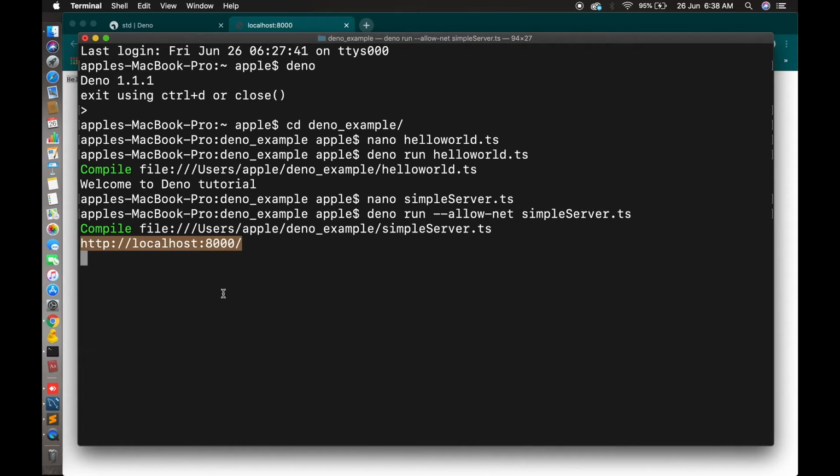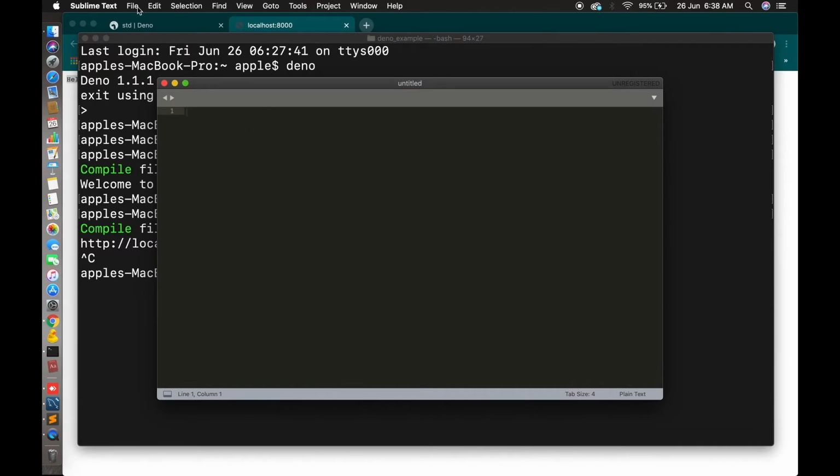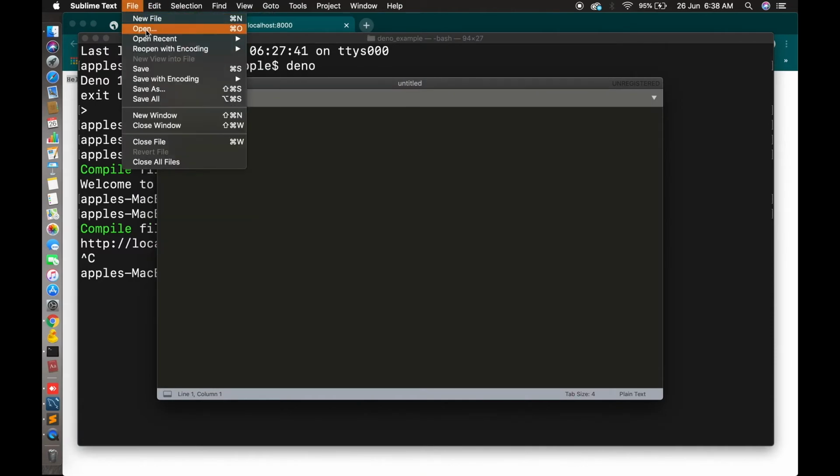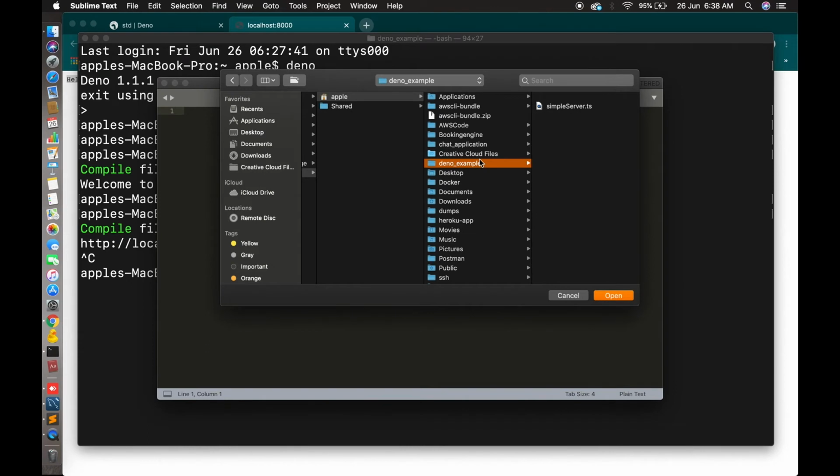Now we will discuss how to create a REST API in the same Deno programming. It is a very simple way, and I will show you a simple program. After that, in the next video we will discuss how to connect MySQL also. So let's open that folder, Deno example.